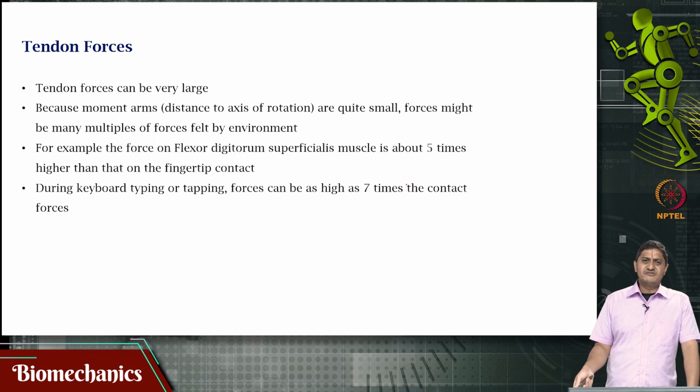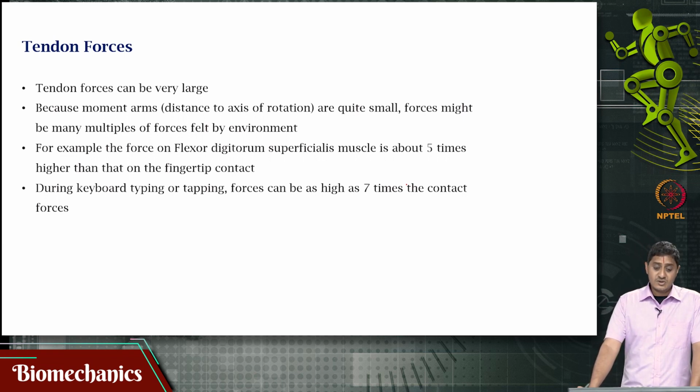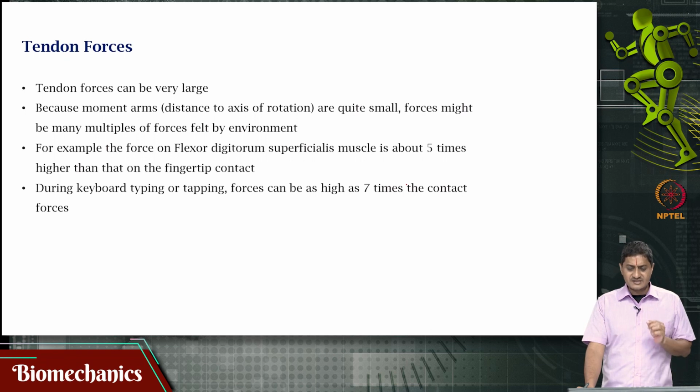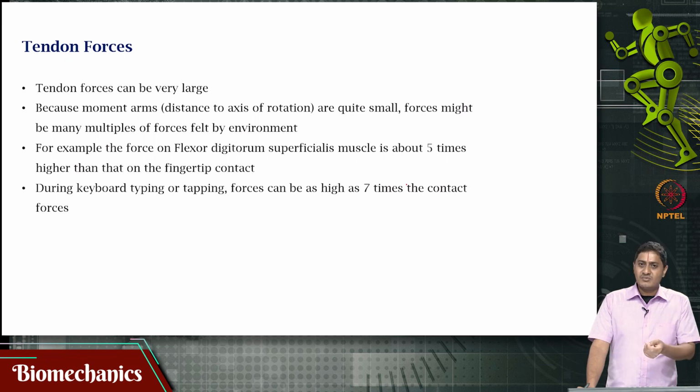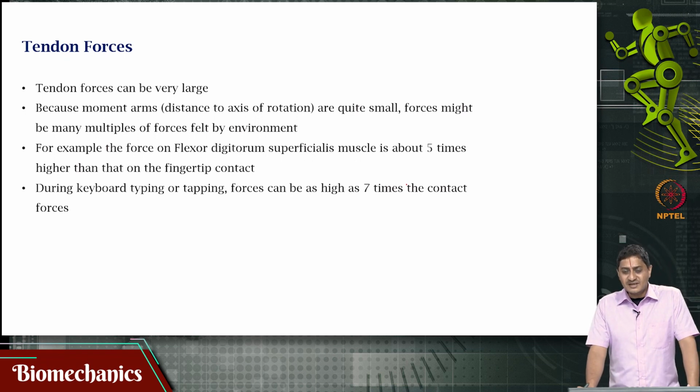So what about forces that are felt by the tendons or forces that are present in the tendons? It turns out that tendon forces can be huge. Tendon forces can be really large, very large, because they are almost always present close to the axis of rotation, is it not? Because the motors, the muscles, are away. Tendons are those that attach to the bones, and bones are where the rotation happens, is it not? Usually they are very close to the axis of rotation. So because the moment arms are actually very small,